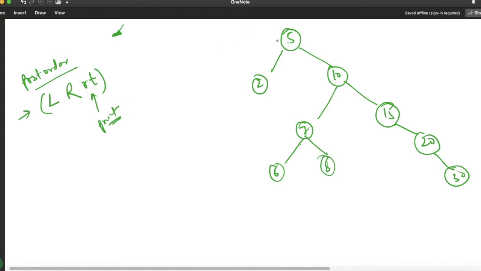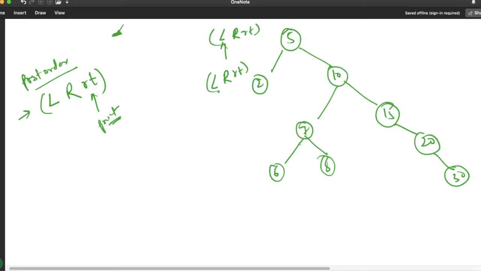The very first node is this one, the root node. We will apply this order: left, right and root. For this node, the very first is the left part, which means we have to call this recursively till we reach the end of this left part. The next node has value 2, so let us apply left, right and root for this node.